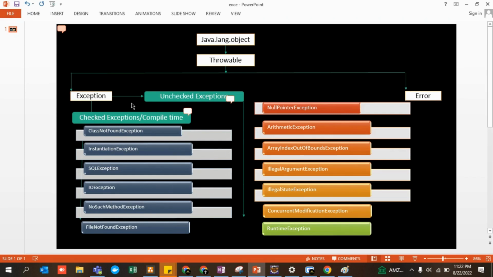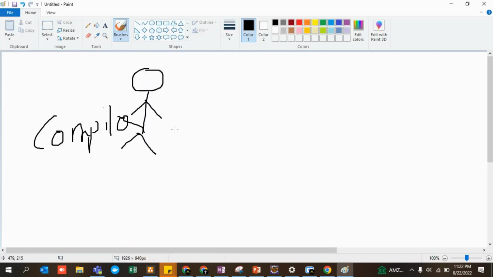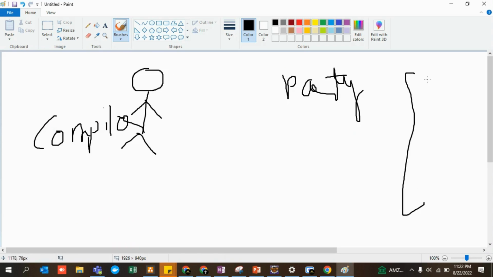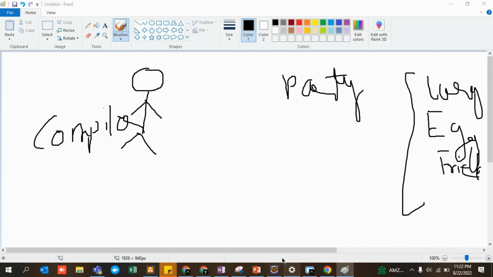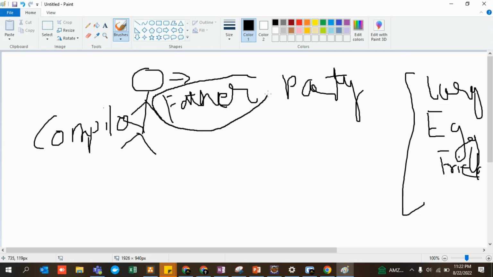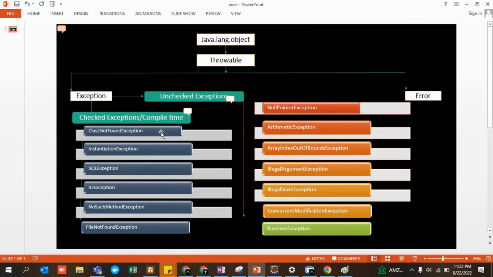So whatever is going on in your house, let's say you have organized a particular party, and a lot of food has been prepared, like some sort of curry, or mutton curry, or egg dishes, or fried rice, XYZ, right? Let's say this compiler is your father. I know I'm taking a very weird example, guys, but you need to understand in terms of normal life, otherwise it would be difficult for you to remember all these things.